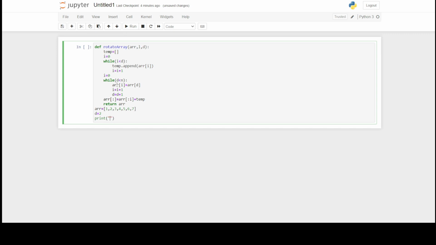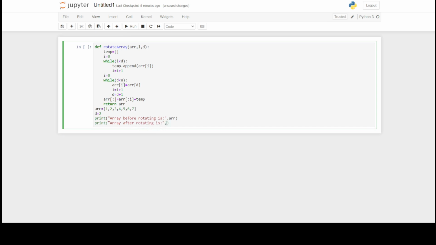So let's write something useful like array before rotating is, this will give us the array before rotating. Then we have to print out the array after rotating. So array after rotating is,